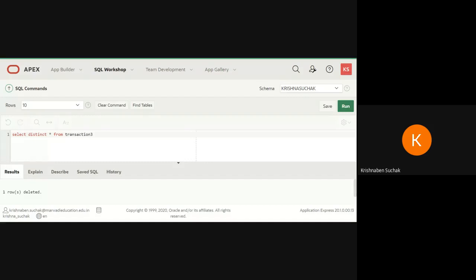In which order do I want it? I want it in descending order, but considering which column or attribute? That is account number. So here I will be writing order by account number. If you have written the complete name ACCOUNT, then write that here. This is your column name, whatever you have written. DESC means it will show me descending order by the column account number. Perform this query.